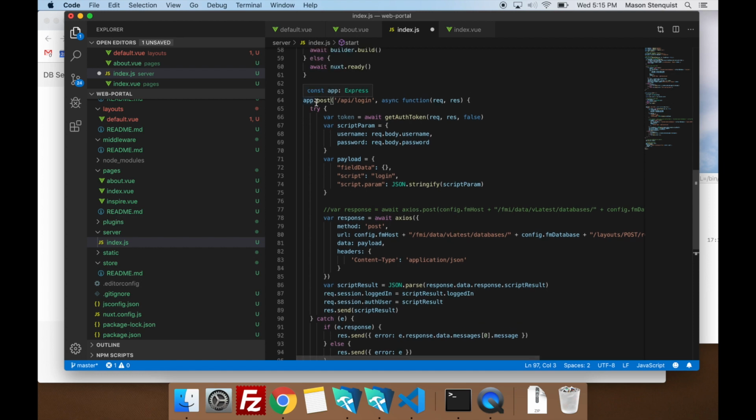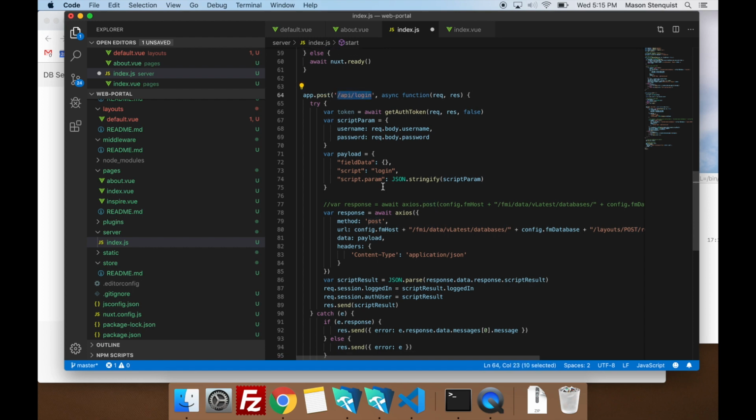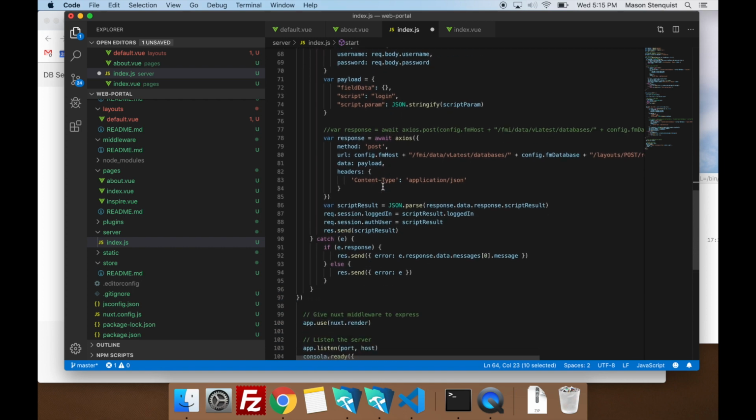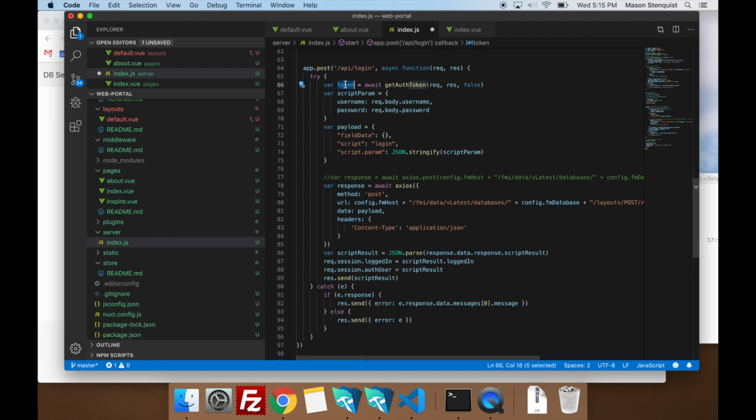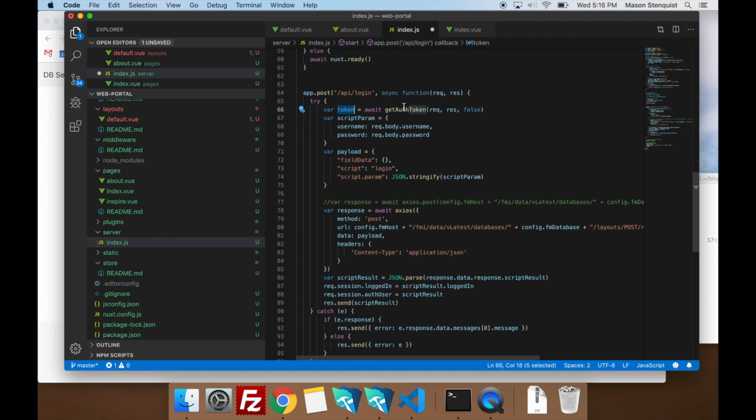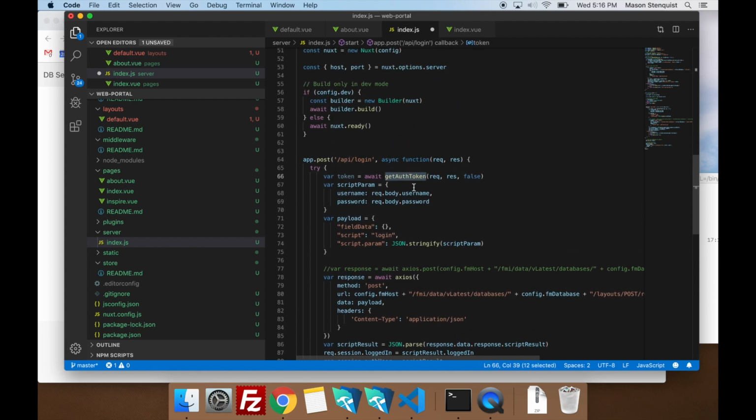So whenever the app does a post request to API/login, we will run this function and check to see if the user is logged in. You'll notice the first thing it does is it gets the token using our function that we just created.